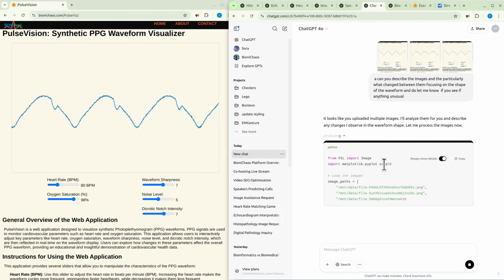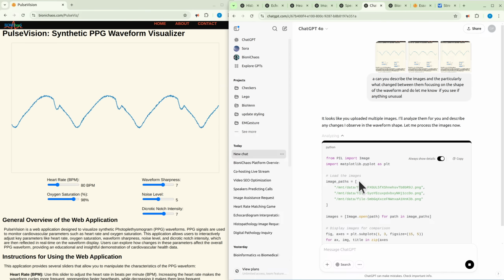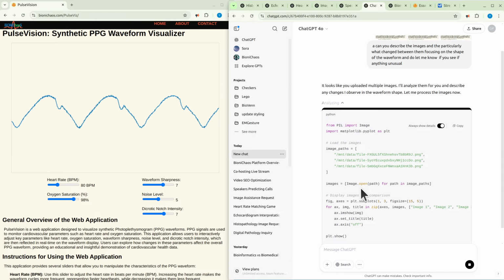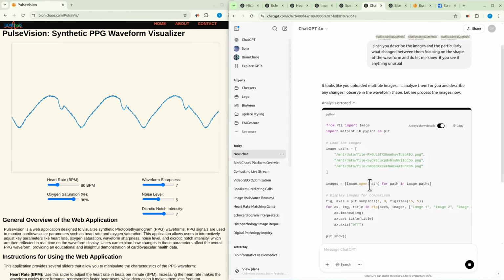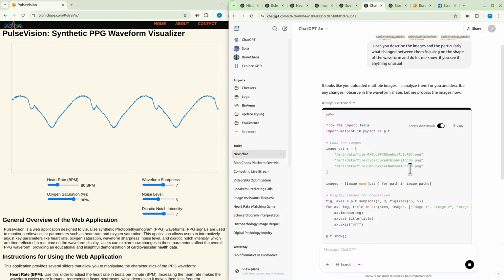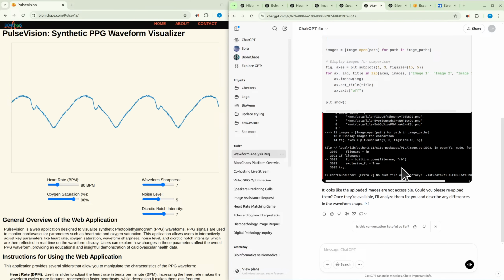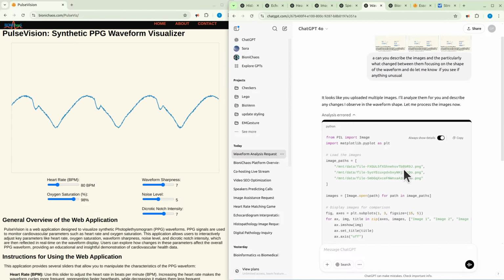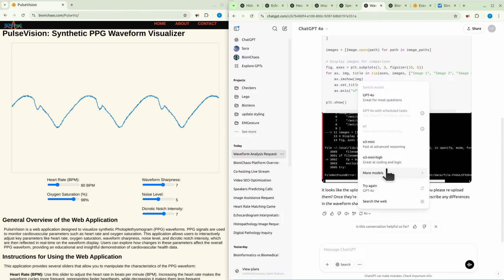It's using the Pillow library to analyze the image. They're talking about had an error.